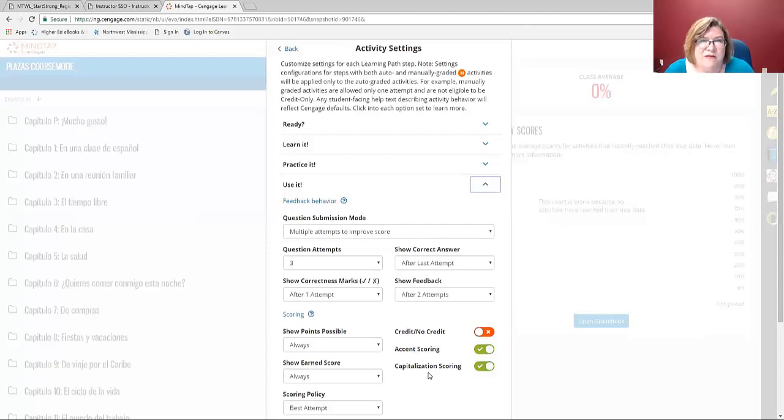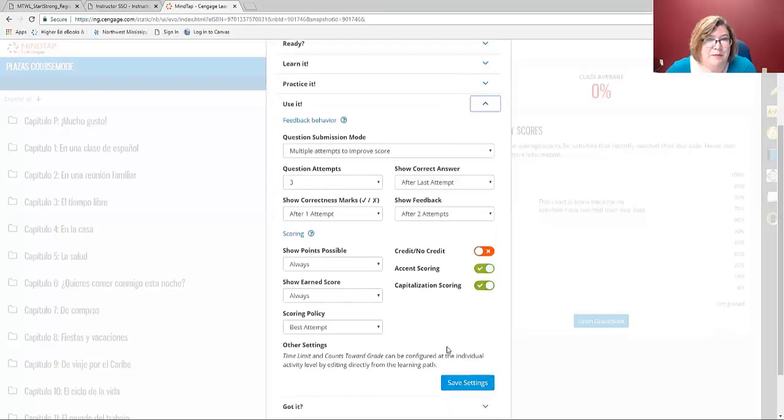A creation activity to me is a little bit heavier weight because they are actually taking the material and using it to create something that speaks about their life. So I tend to be a little more stringent on that activity because I want them to show me that they know where those accent marks go and how to capitalize words. So I may just leave these alone and not change them for the use it activities.